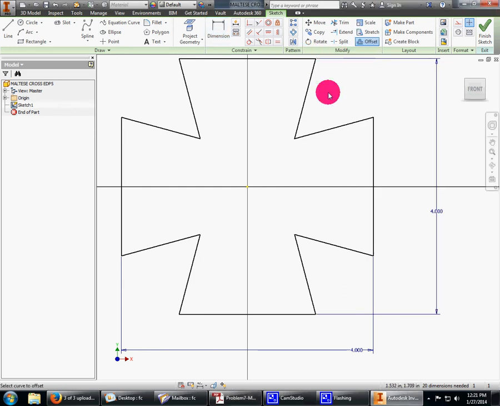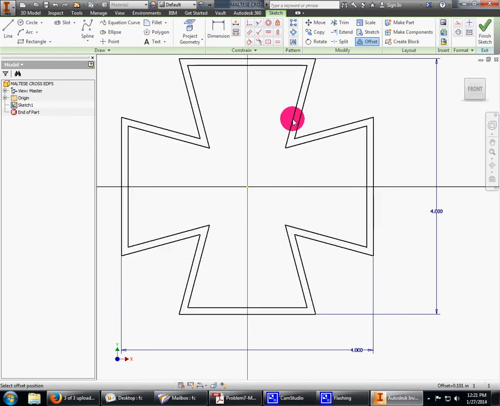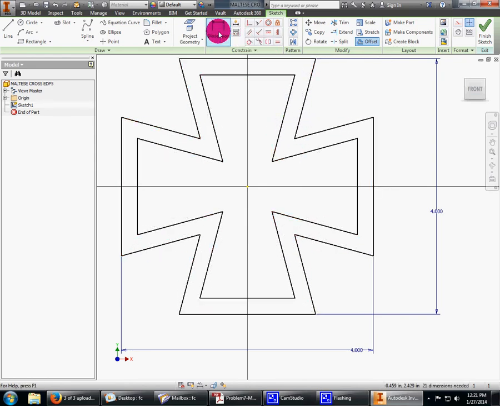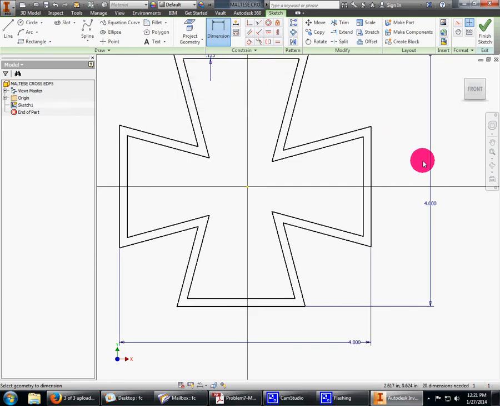So I'm going to come here, my little thumb, and I'm going to pull it to the inside. And again, I'm not worried about getting it perfect because I'm going to go back and dimension it, and it's going to set it to perfect. So it's perfectly 4. Those are each 0.125 all the way around. I'm going to finish my sketch,